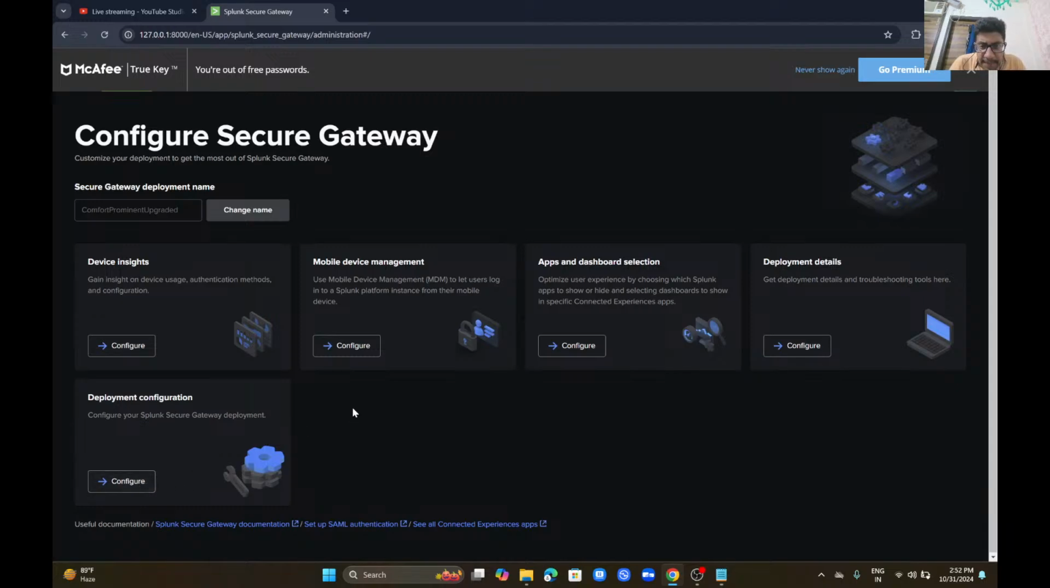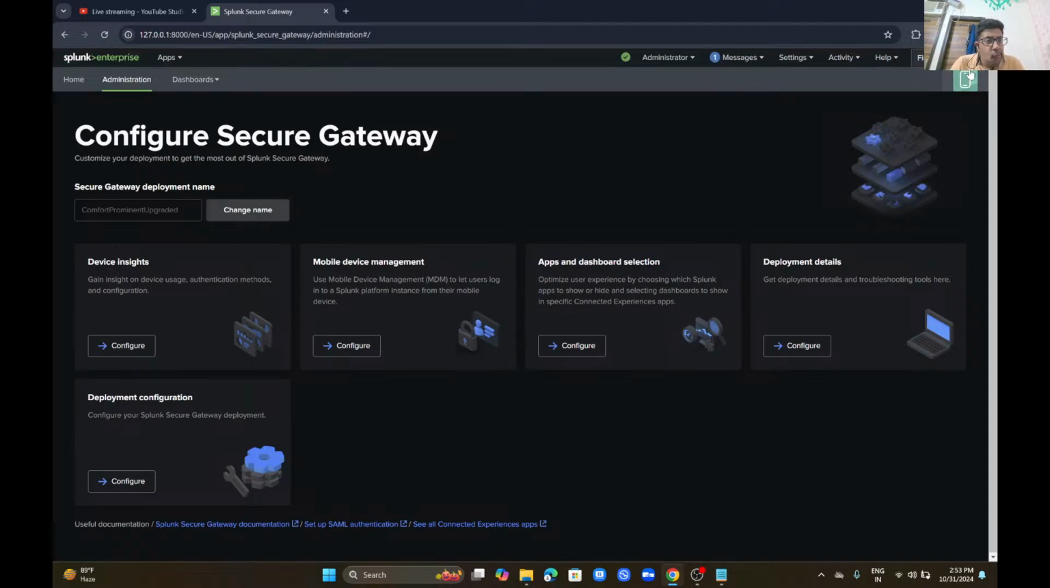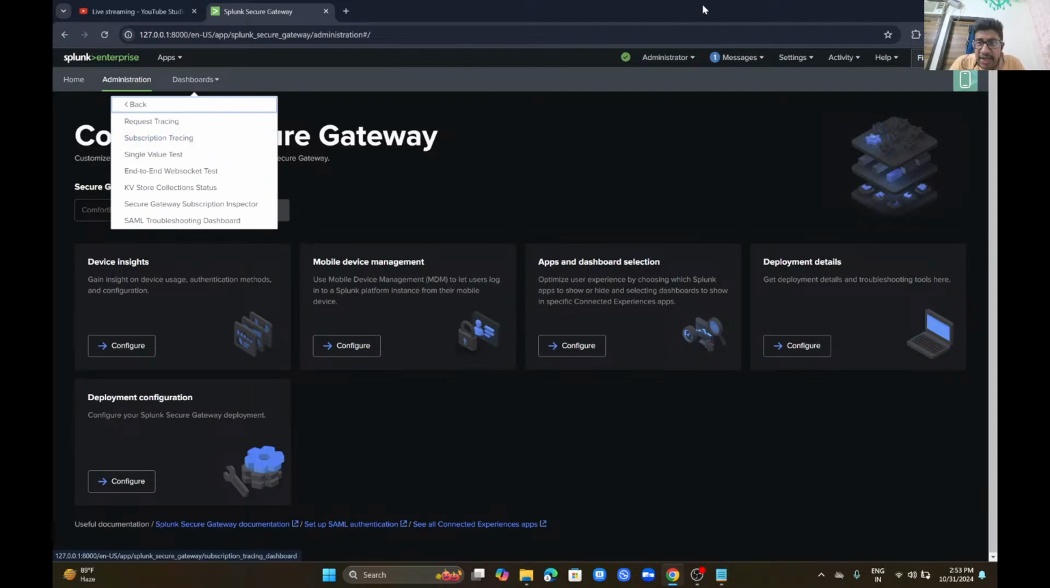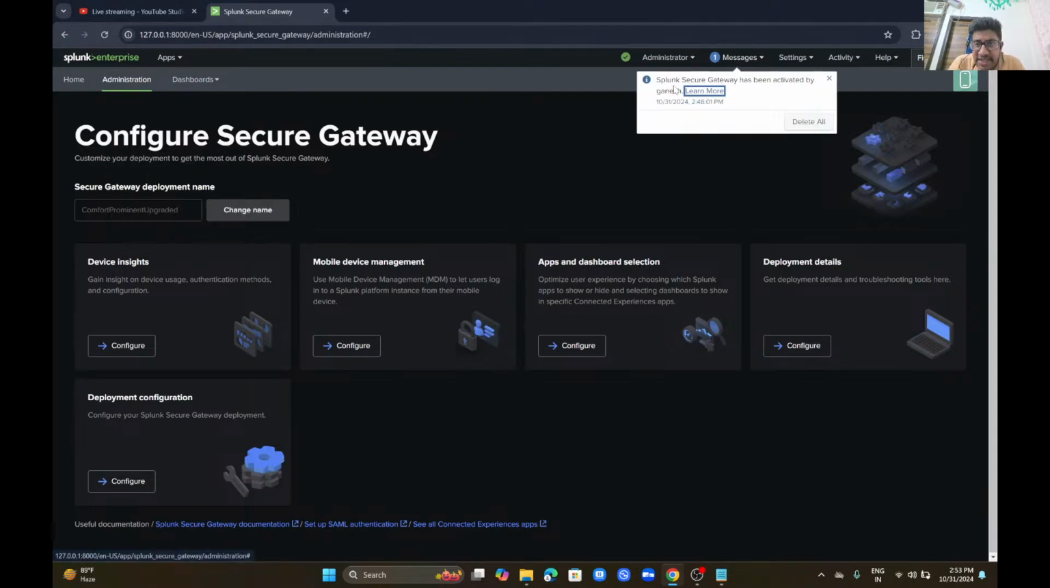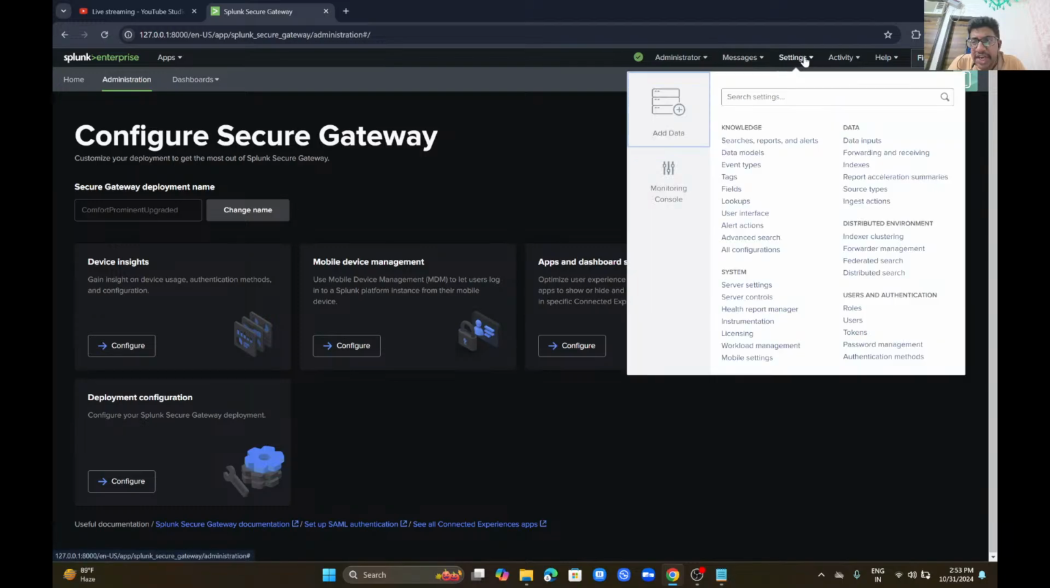Deployment configuration, deployment apps, deployment detail, deployment like this. Okay, like this. It shows dashboards, troubleshooting dashboard, or you can use messages here. Splunk gateway has been activated by Ganesh. Okay, message delete and Splunk data models, events, app data, everything is there. Okay,